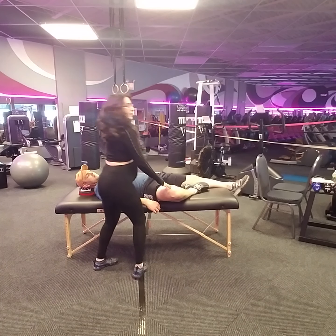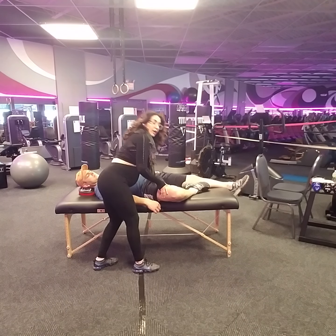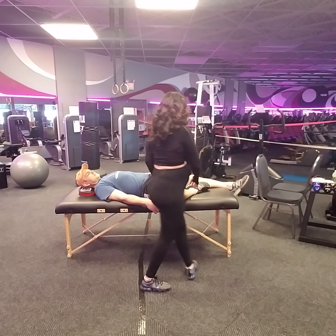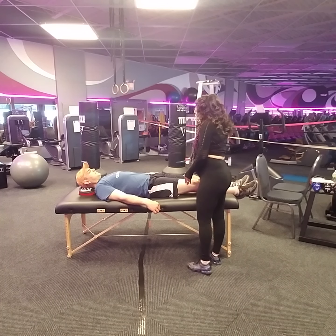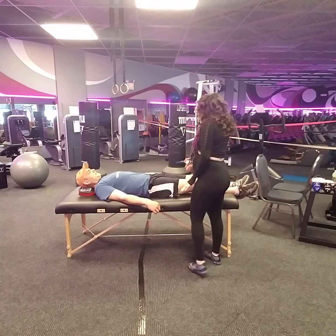I can also come over here and then just give a little pressure, making sure that you're not bending too far forward, and just kind of opening up that hip, groin area. And then the next one that you can do, so we did the hamstring, the piriformis, inner thigh, and groin,